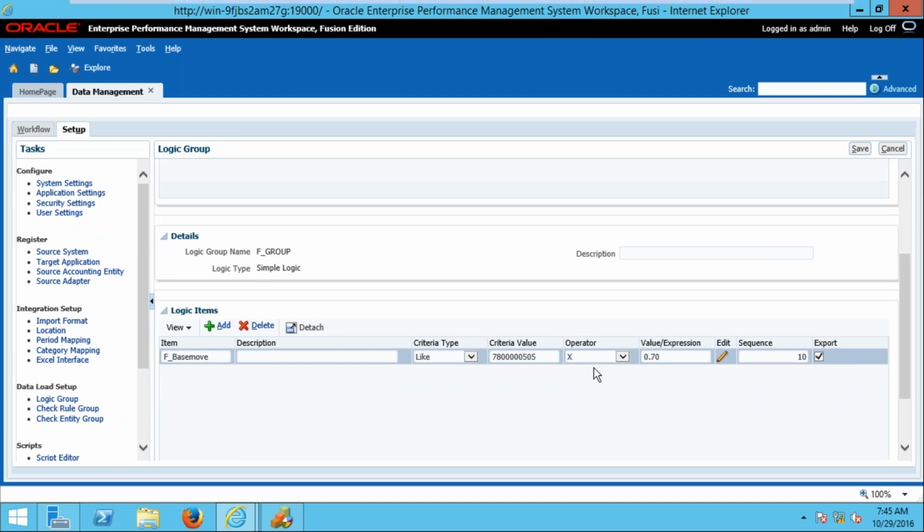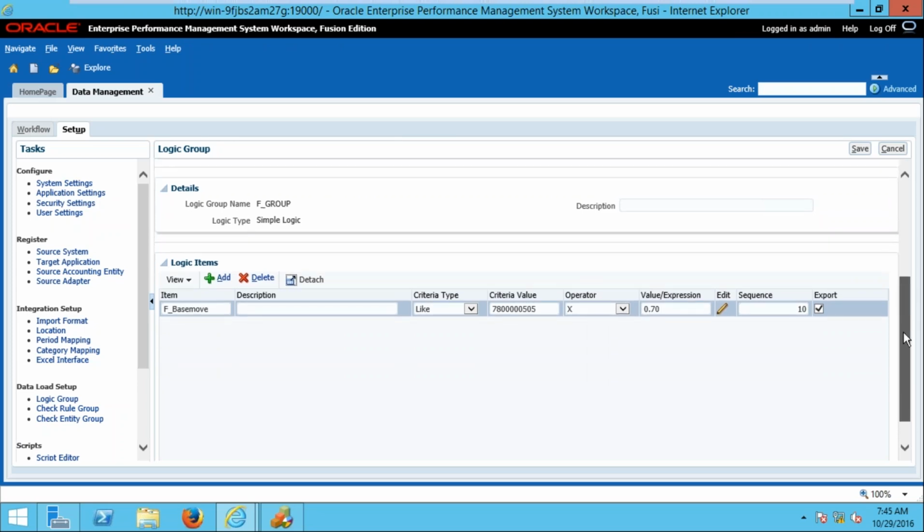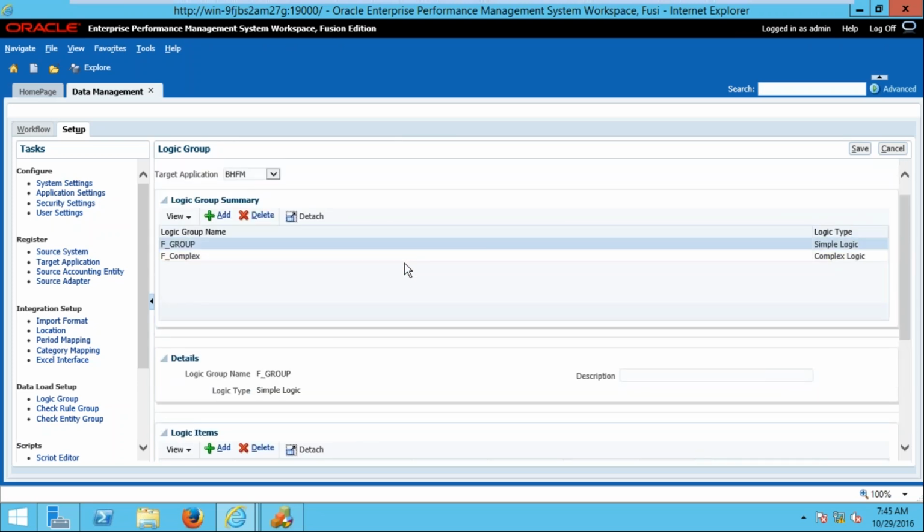Another one is, you can create multiple source members by using only a single source member, and you can load the data into the target. Okay. So here in complex logic,